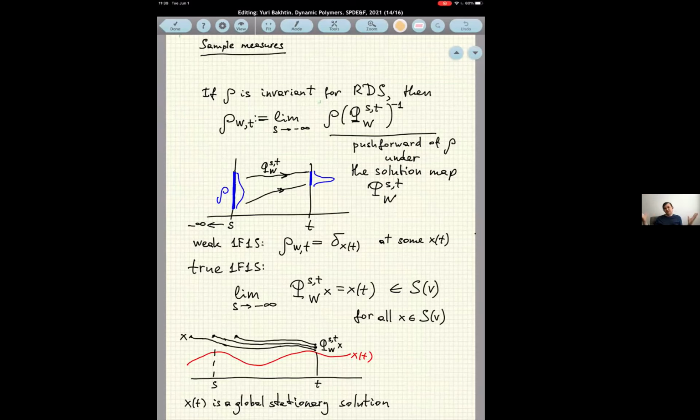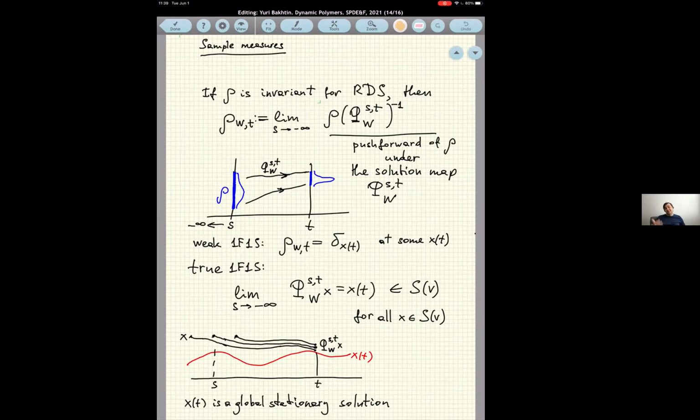So there's this general theory that claims that if you have an invariant measure for a random dynamical system, for a Markov process that is generated by a random dynamical system, then you can consider this pullback procedure and represent this measure as a mixture of so-called sample measures. So you start back in an infinite past and see what comes out at present.